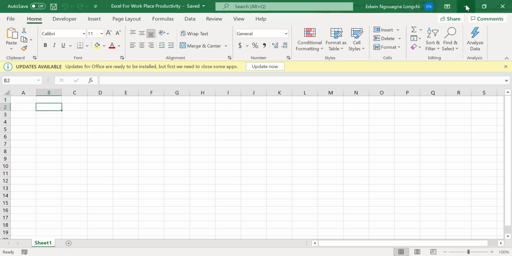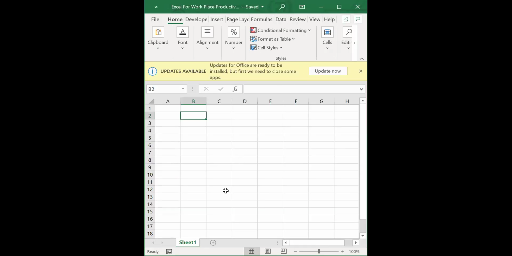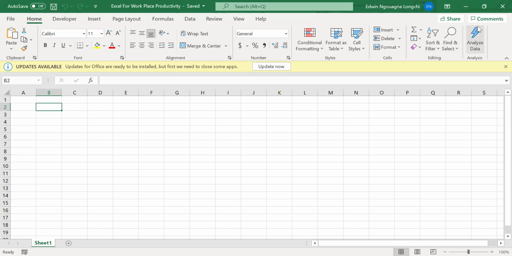So this is minimize. For example, maybe you are working on two Excel files and you want to put them side by side, you can actually minimize the screen, right? I know you won't see it because I'm sharing my screen. Yeah, it looks the same thing. But when you minimize it, you can actually open two Excel files and put them side by side, or you can do some other thing on your desktop. You can't see that because I am sharing just that particular window. All right, so you can minimize, you can maximize your Excel window. All right, so there we go.